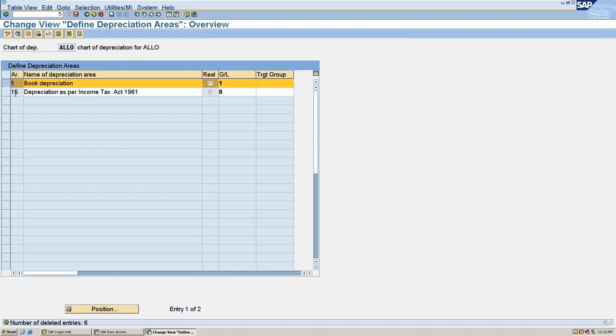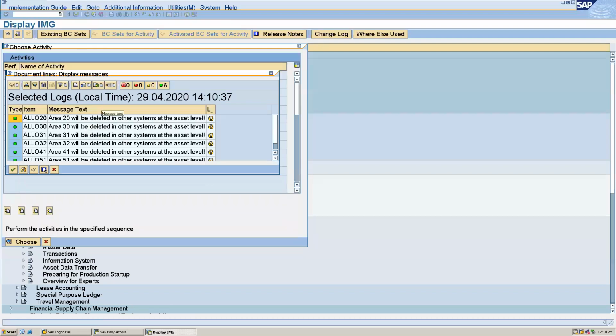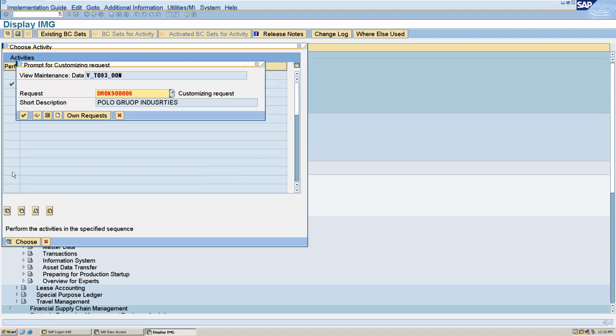And also for delta depreciation, you can copy and create a new one. But I'm not maintaining that. And after that, save. Okay, it has been created.